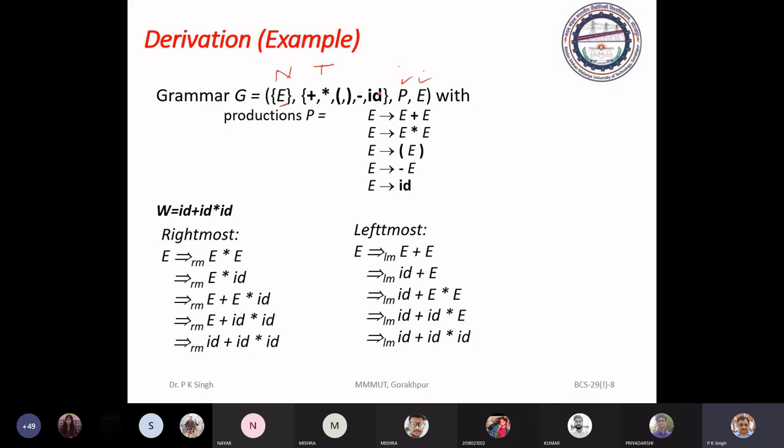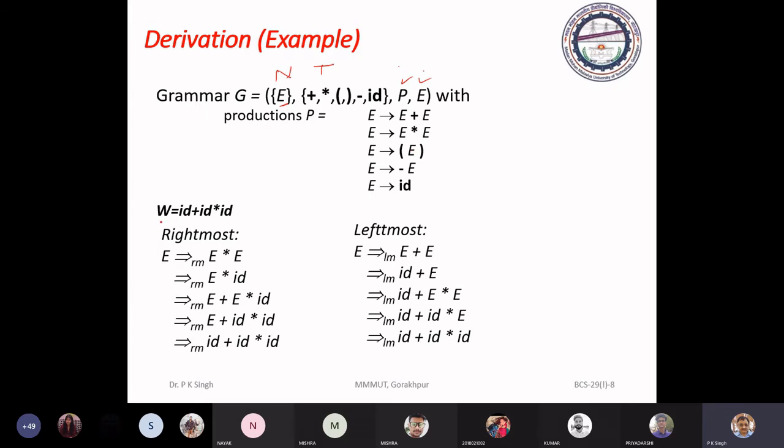This minus is unary minus. Then we have production P and E as the start symbol. Production P has these 5 rewrite rules: E to E plus E, E to E into E, bracket.